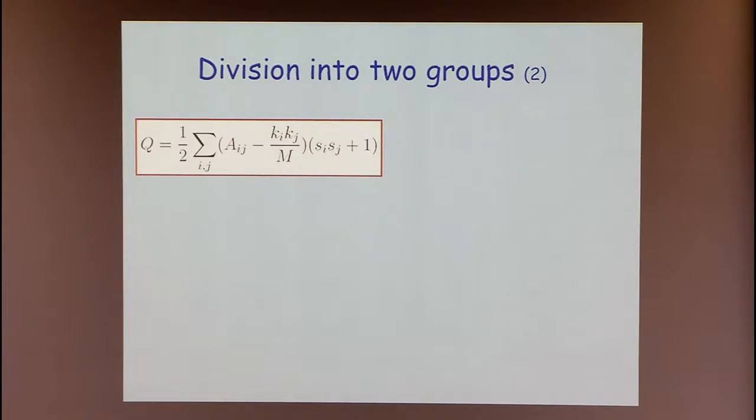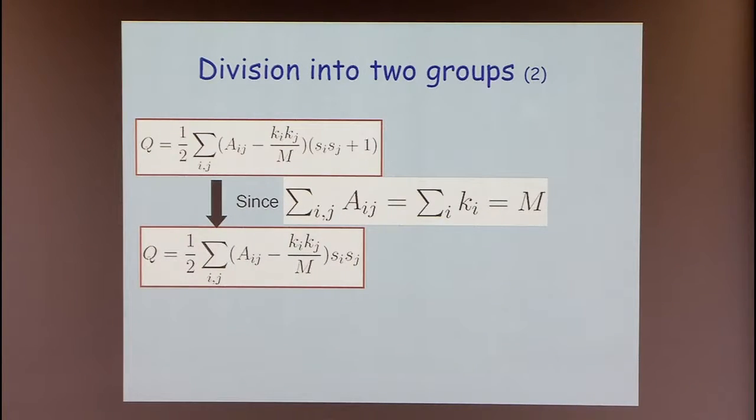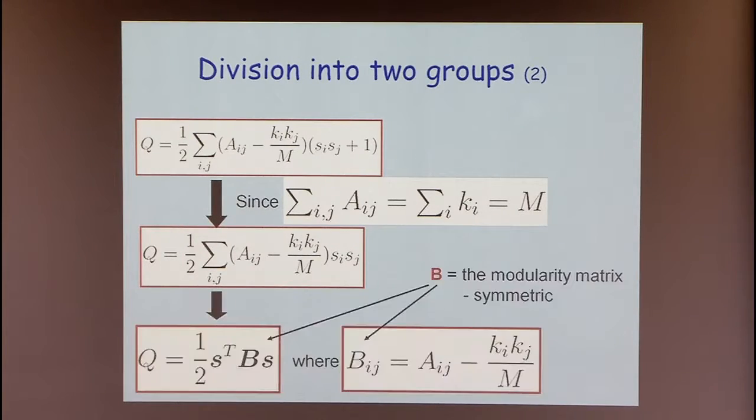So now we need a bit of easy algebra just to see that we don't really need this term, so it cancels out. Again, I don't think it's important, so I won't go into the details, although all the details are in the slide. But what's important is that we can derive an equivalent expression for the modularity function in which you have half times the sum over all pairs i and j of (A_ij minus the expectation k_i k_j over capital M) times s_i s_j.